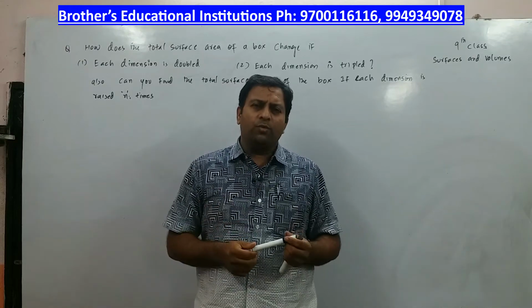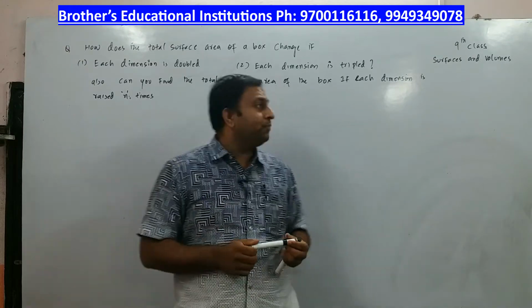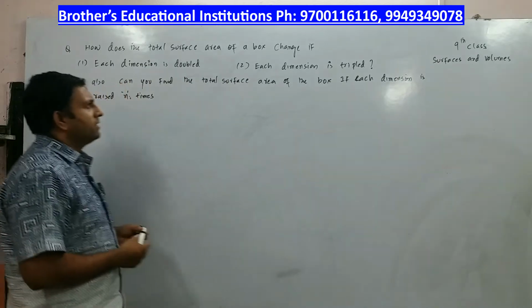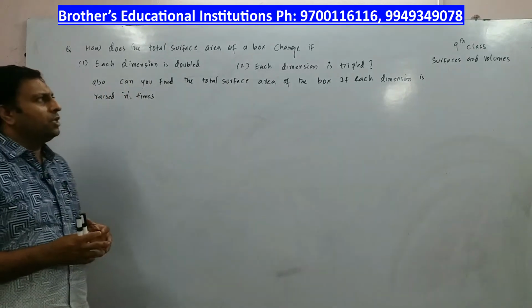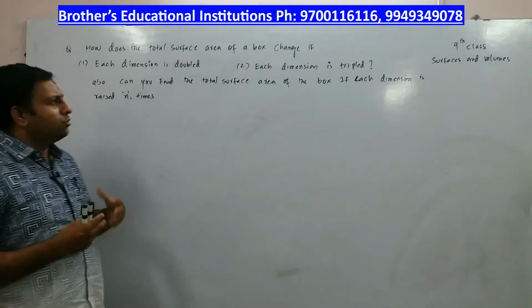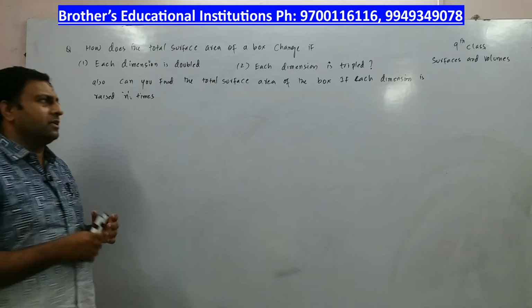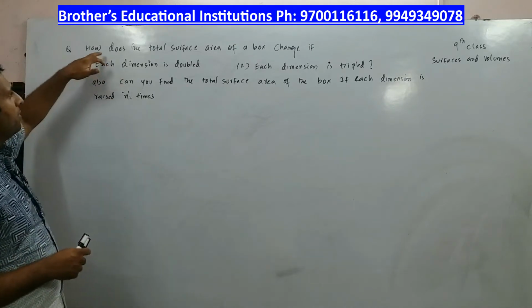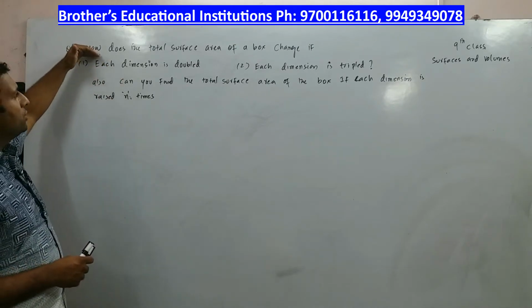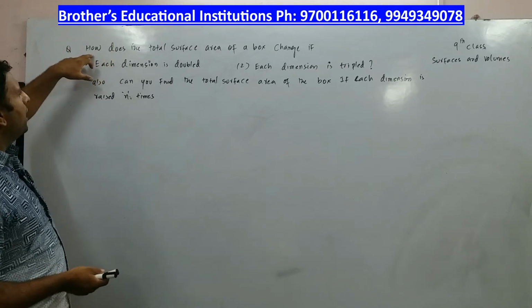Children, we will continue with our surfaces and volumes. In the previous class I discussed the cube and cuboid, its volume, total surface area and lateral surface area. Now we have a new question based on the total surface area, and the question is,